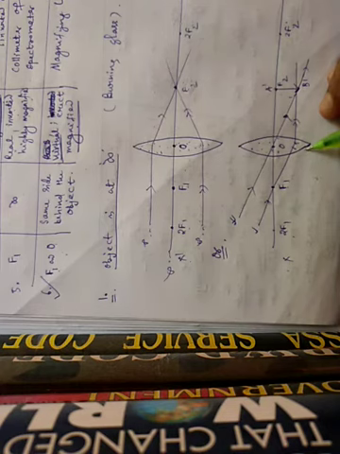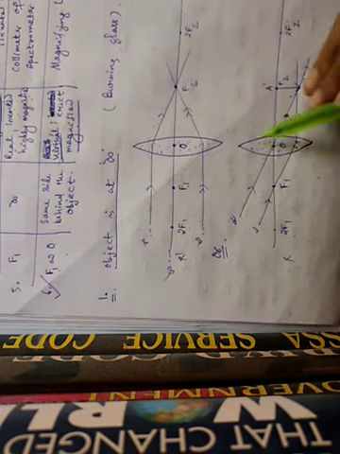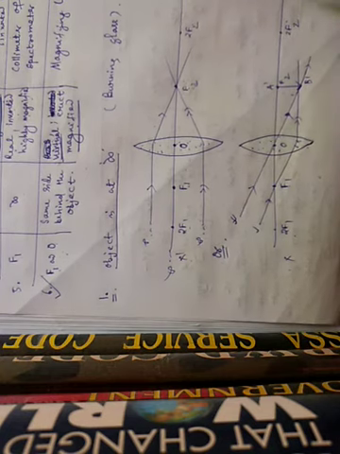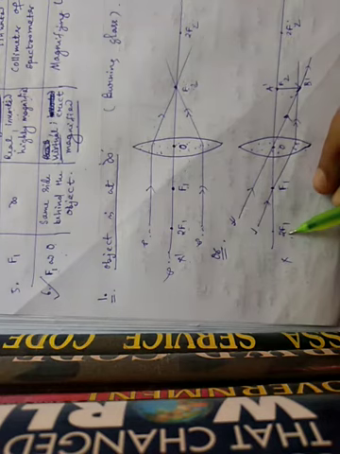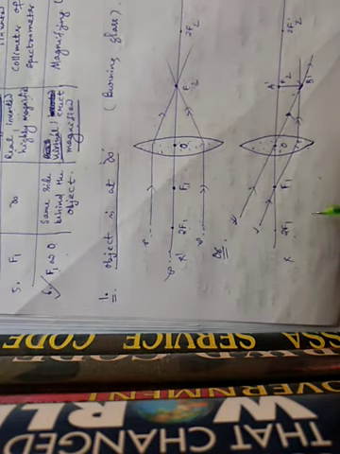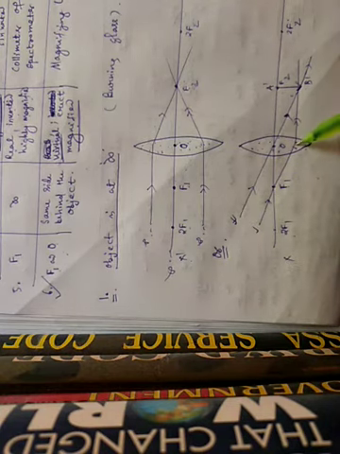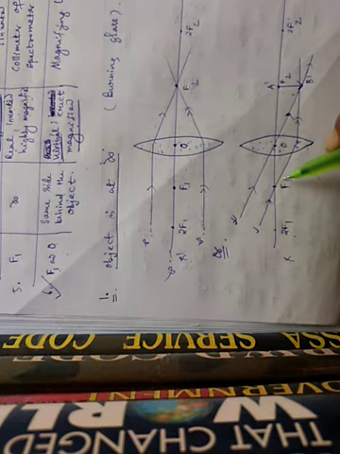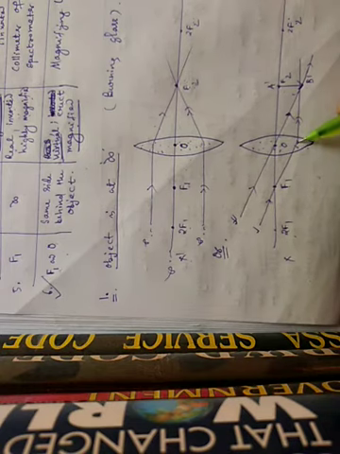Then we will come to the second case diagram. This is a very tricky diagram. What will you follow? Now draw the converging lens, draw the principal axis, optic center, first focus, and 2F1. First you will use the scale in an oblique manner, passing through the first focus to come to this point. Then you recall the principle: if the incident ray passes through the first focus, then the refracted ray must be parallel to the principal axis.